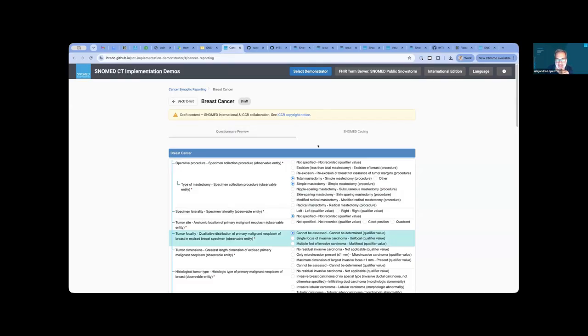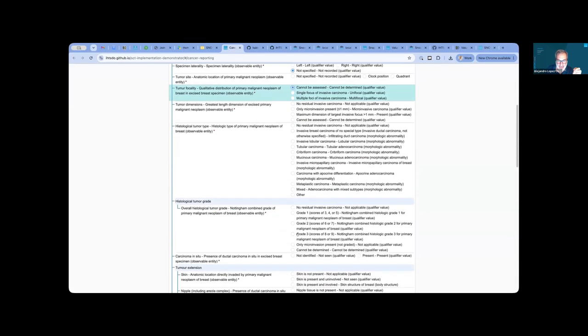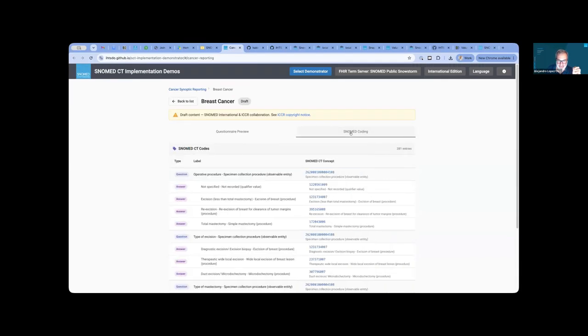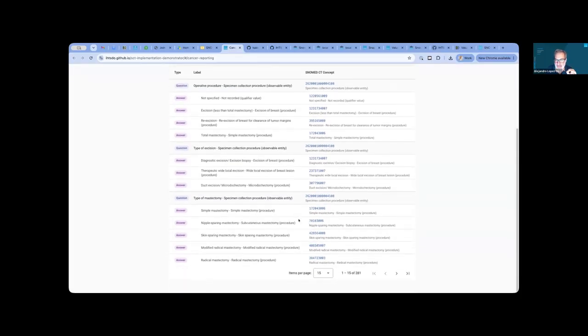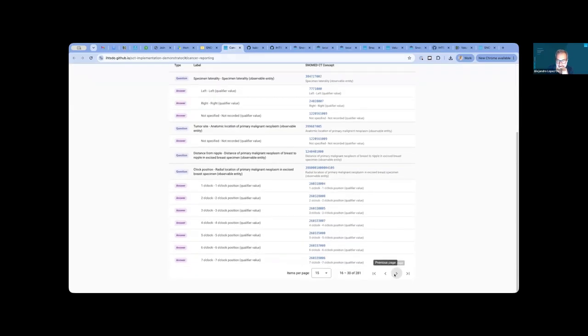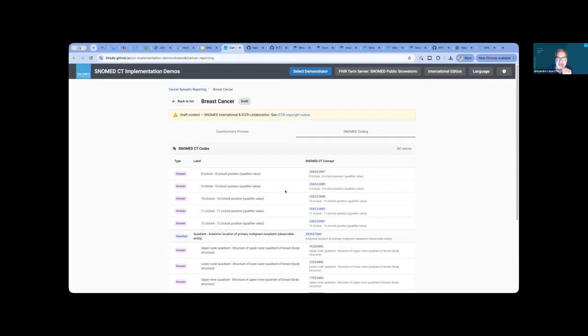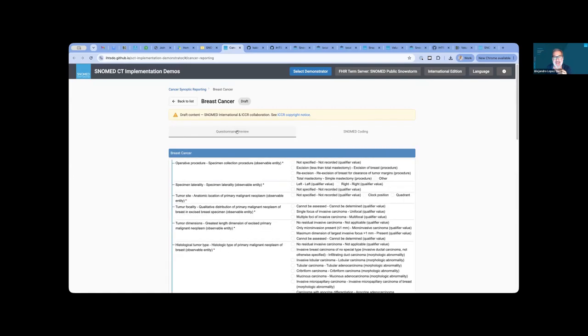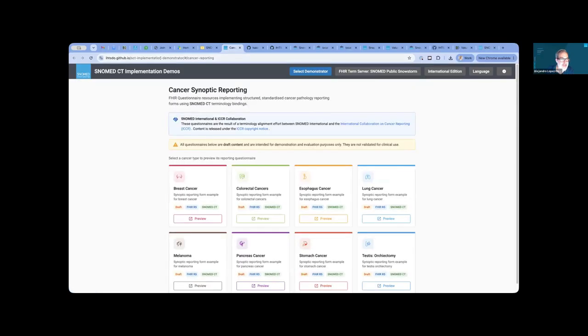And the great effort behind this is that in order to represent the questionnaire like this, there are a lot of SNOMED codes. Yes, there are 281 SNOMED codes, some codes that represent the question, some codes that represent the answer. And each one of them was selected and collected by a team of experts to create these questionnaires. These are drafts, things that are experimental, but are interesting things that a team in a hospital can use as a starter set for creating their own forms. So this is an interesting new example that we have.